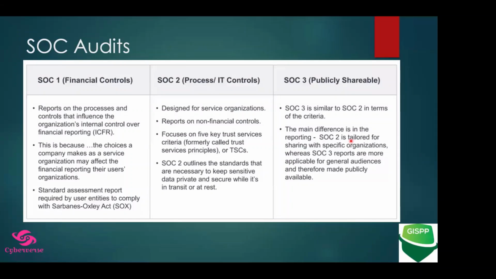So it is called an opinion report. उसकी base के ऊपर कोई certificate issue नहीं होता है as such. So again, SOC 2 report, as I said, is very, very comprehensive. SOC 3 is an extracted version of SOC 2, जिसके अंदर we put that information which could be shared easily with the public. So that's the difference we have between SOC 1, SOC 2, and SOC 3.